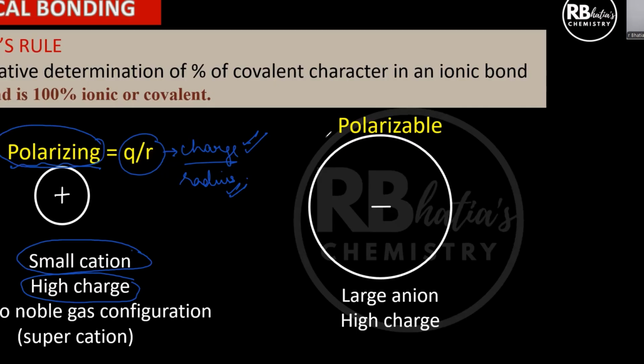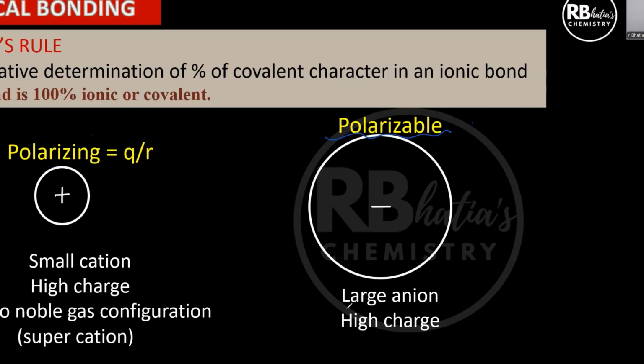So a polarizable anion is the one which is large in size and has a high charge. So the point to be noted here is both cation and anion should have a high charge for more percentage of covalent character. Now, in general, if I'm talking about a sodium ion or a magnesium ion, or let us say if I just take up